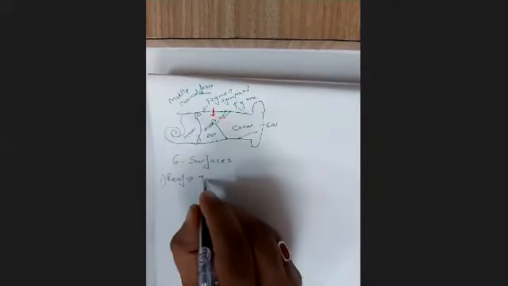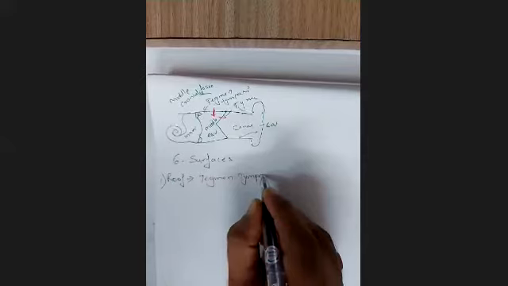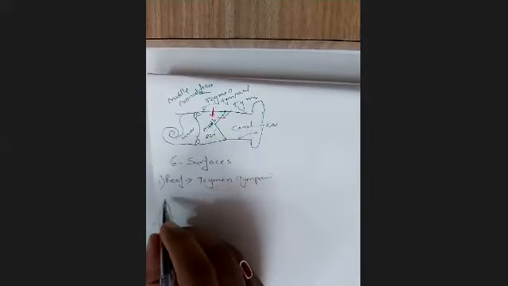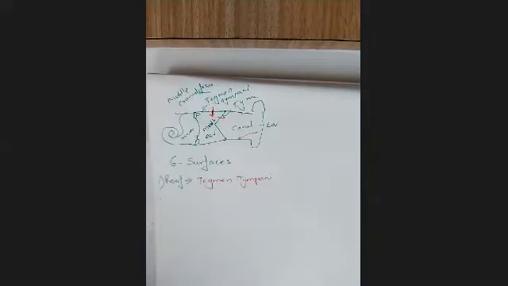So the roof is formed by tegmen tympani. Now in adults, there is just a vein which transmits from the superior petrosal sinus to the middle ear, while in young children, there is an unossified petrosquamous suture, which is in direct contact with the meninges, and that is something which is really tensing.